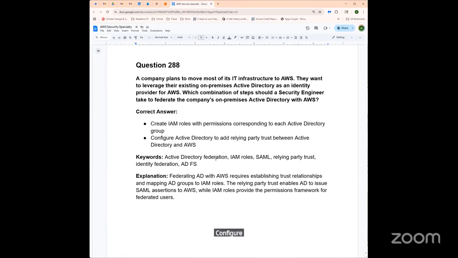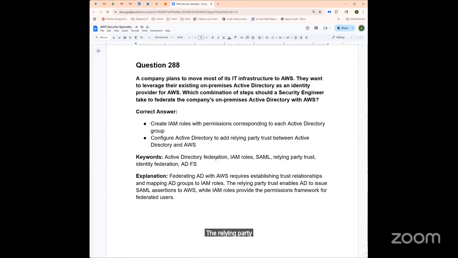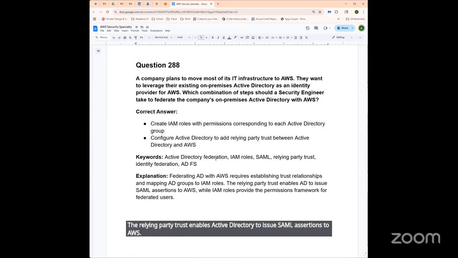Configure Active Directory to add relying party trust between Active Directory and AWS. So federating Active Directory with AWS requires establishing trust relationships and mapping Active Directory groups to IAM roles. The relying party trust enables Active Directory to issue SAML assertions to AWS, while IAM roles provide the permissions framework